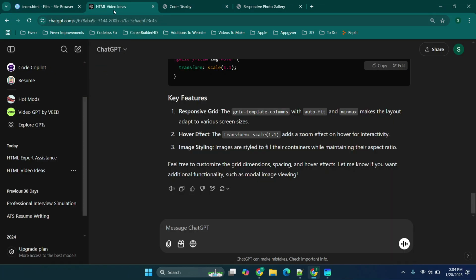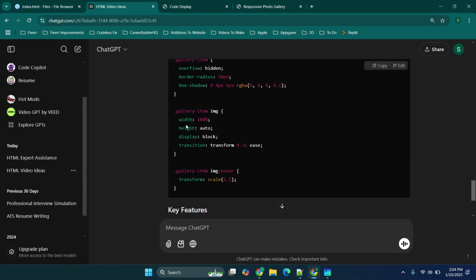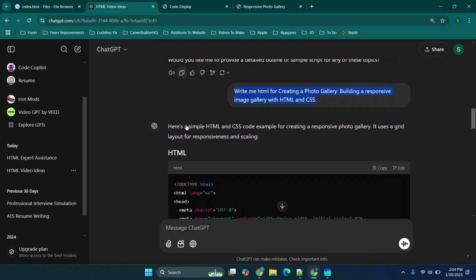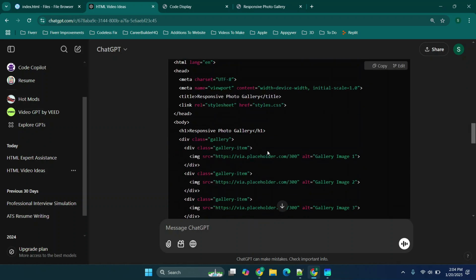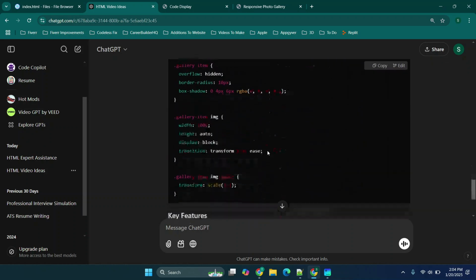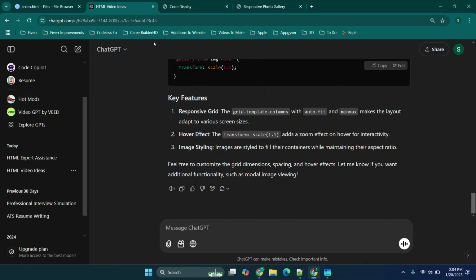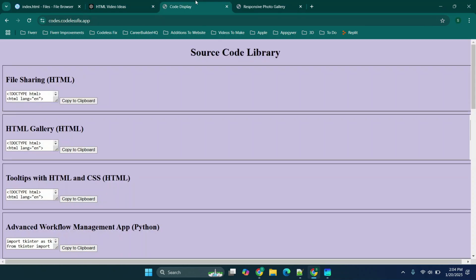We have our HTML code right here in this ChatGPT window. I'm only going to show this briefly because it's very simple. You can ask a simple question about how to create this photo gallery, and then you'll get two bits of code, HTML and CSS. So you'll see we have the source code library, and you'll see when we go here,